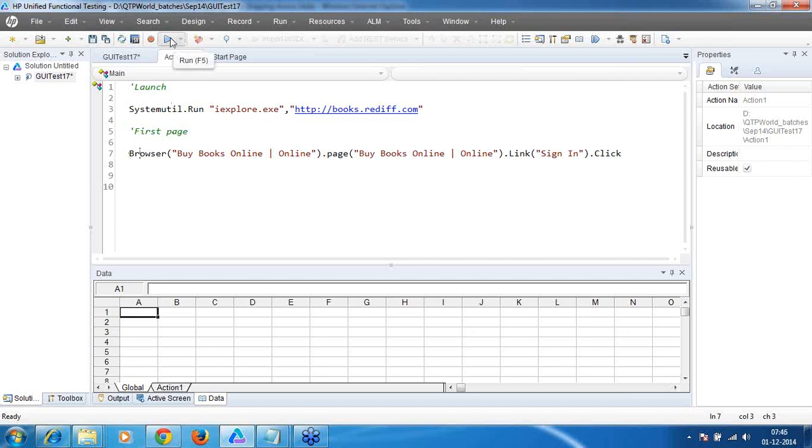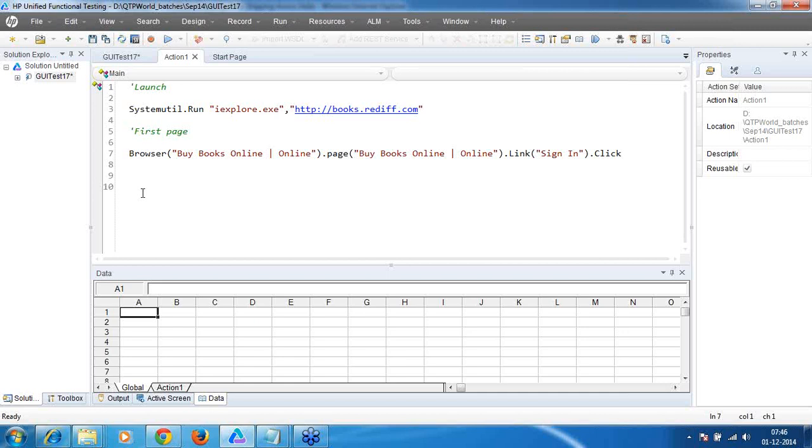Supposedly, if I click on the run button now, what exactly happens? Again, a browser will get opened and it will try to click on the sign in. I don't want to do that. I just want to see whether my seventh line of code is working or not. How do I execute only one line of code? This execution and debugging are very, very important, guys, because that is what you'll be doing day to day in the automation team. Debugging is of utmost importance.